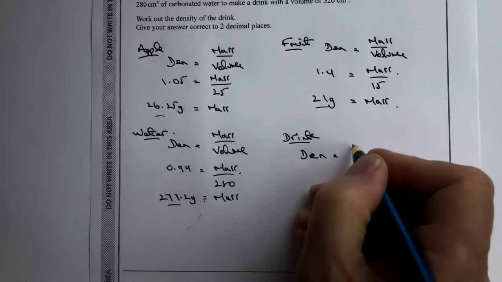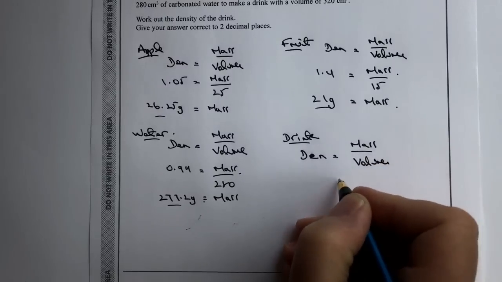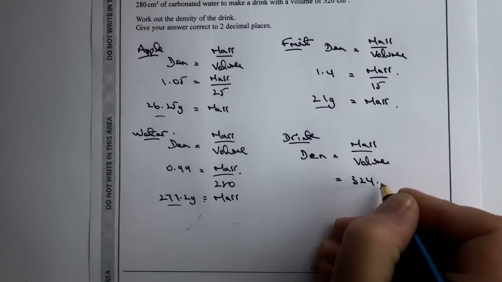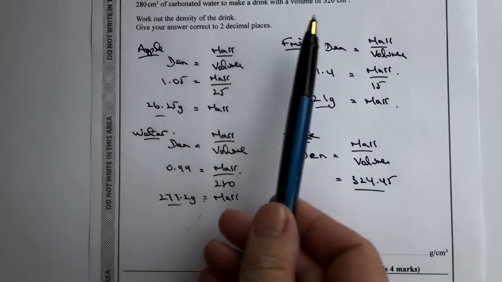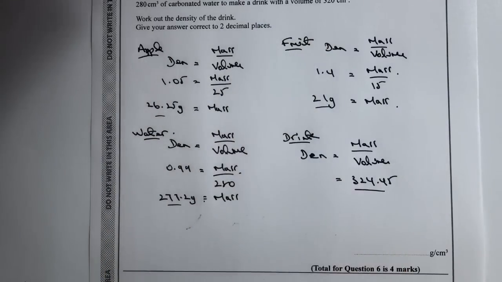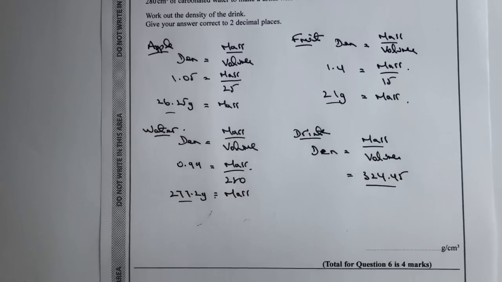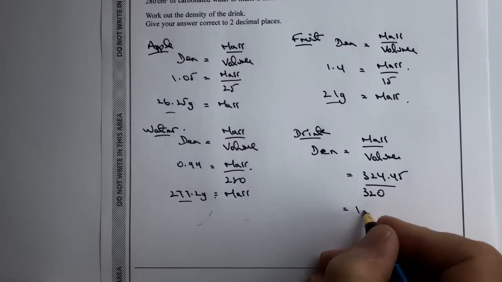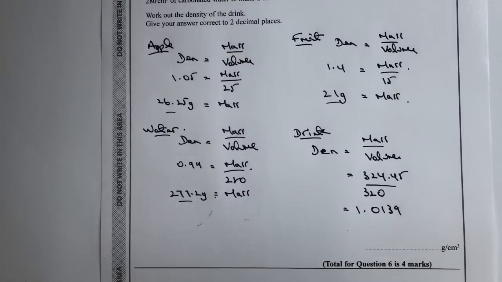density equals mass divided by volume again. As I mentioned, if I add all of these masses together, this one plus this one plus this one, I'm going to get 324.45 divided by the volume. And it tells us in the question, you're making a drink with a volume of 320 centimetres cubed. It's this one at the top here. So if I divide this by 320, I'm going to get the density, which is equal to 1.0139, and that's grams